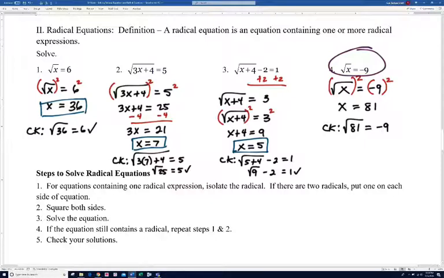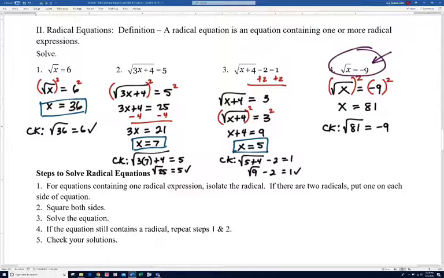But we can't take the square root of a negative number because we end up with imaginary numbers. So no matter what we do, when we take the square root of a number, we're never negative. So right here in this step, I could have told you that there's no solution to this equation. And so this is something that we have to watch out for. In fact, with radical equations,